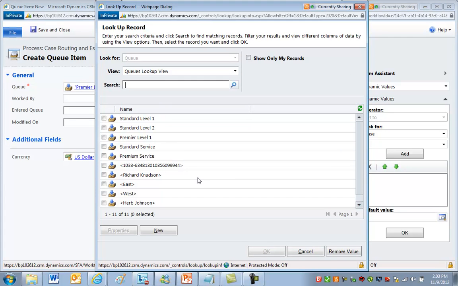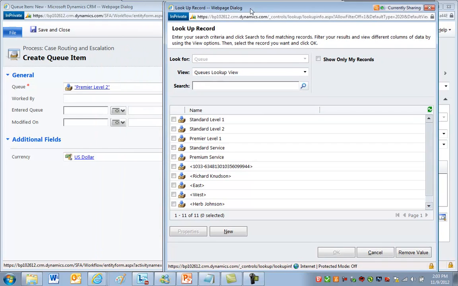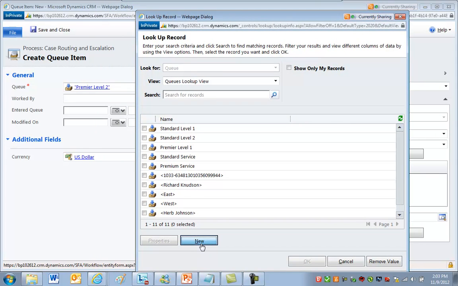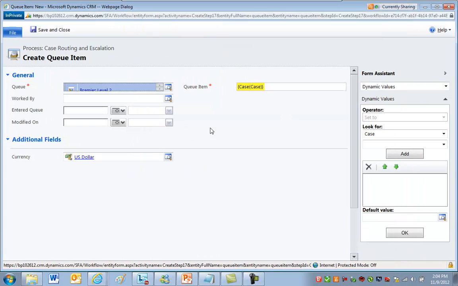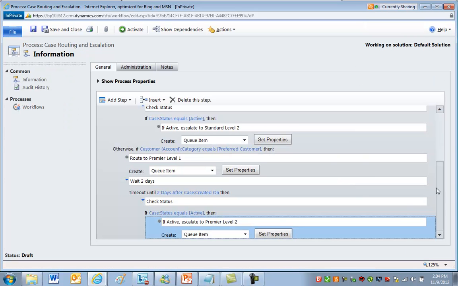So if I go out here, and let's see, standard level 1, standard, I created all these today. So then what I'm going to do here is create this premier level 2, just do it on the fly, level 2. It's not important that it be called that. It could be called anything I want it to be called, but I'll go ahead and just stick with the example. So now I've actually selected the real queue, save and close, and now you'll see the scary red X goes away, and I will be able to activate this process. So a process can activate with scary red X's in it, but now that I've cleaned that up,